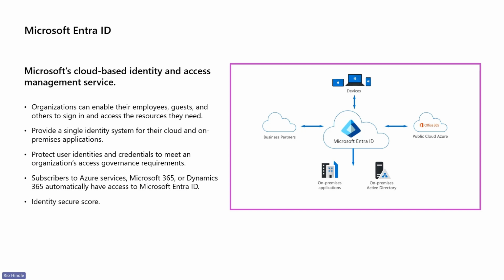Organizations use Microsoft Entra ID to enable their employees, B2B, so business-to-business collaboration, or guests, and others to sign in and access their corporate resources. Internal resources such as cloud apps developed by your own organization can be accessed through Microsoft Entra ID. External services such as Microsoft Office 365, the Microsoft Azure Management Portal, and any other SaaS applications provided by Microsoft